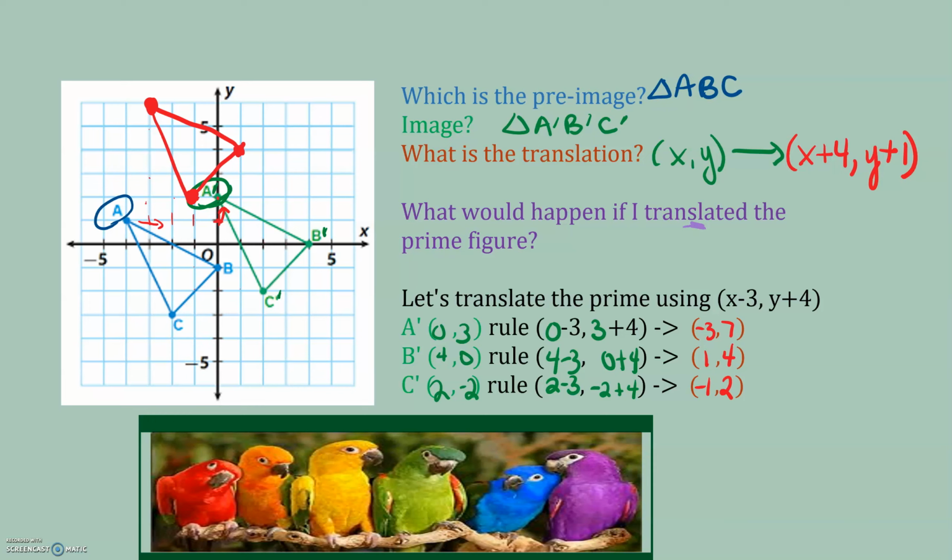All right, hopefully you did the math right and you followed the signs correctly and you got the same answers I did. I went ahead and I plotted those points. So now what the heck do I do to write them? Well, now this red triangle is now the A prime's prime. What? That means my A prime became my pre-image and my red became my image of the green. Okay, so again, I translated it from blue to green, that's 1 prime. From green to red, that's 2 primes because I did it twice. So I'm going to call the